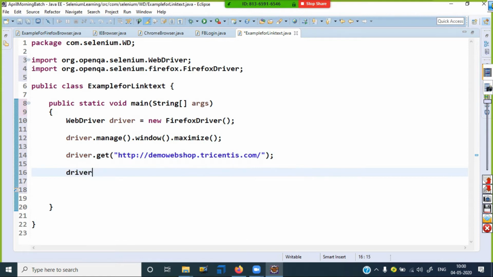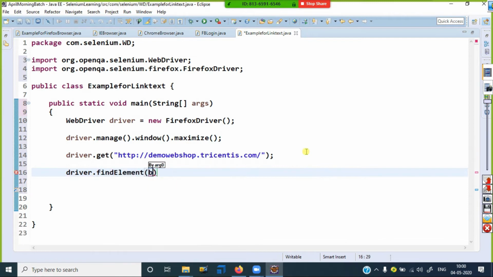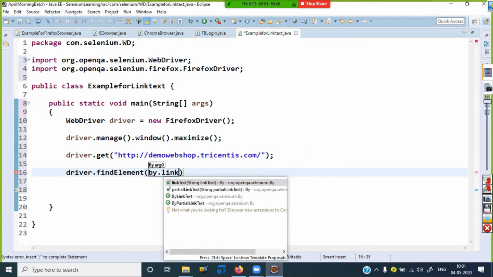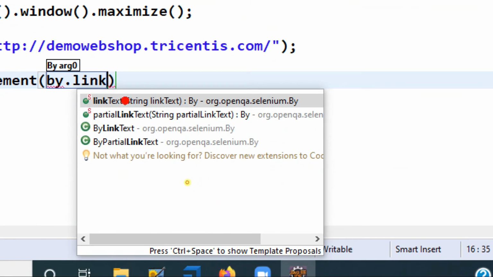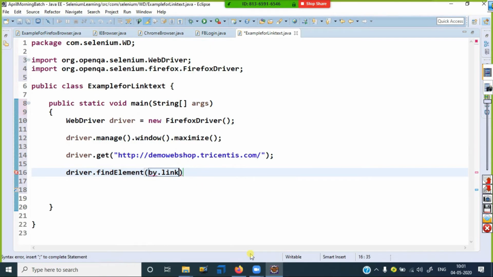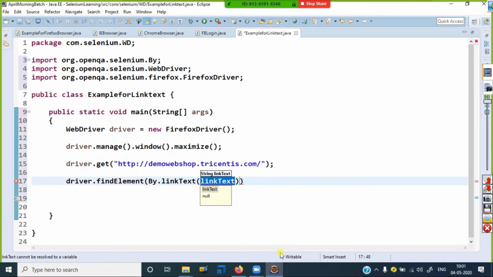See, driver dot findElement by dot linkText. Here we have link text, and partial link text is also there, so I can go for that. Within double quotation marks I write the link text.